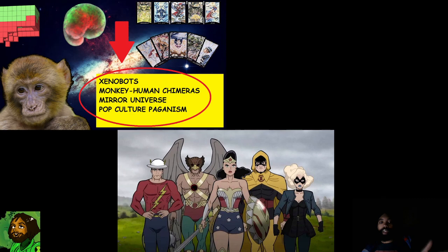Let's say our monkey-human chimera Flash analog is living inside of a lab that is connected to many different laboratories that practice different things. And maybe in a nearby laboratory, there is a particle beam that is being used to try and find evidence of a mirror universe. Now, this is actually a real experiment that's been going on in the real world, trying to find the existence of a so-called theoretical mirror universe, where they're trying to shoot a particle beam at what they call an impenetrable wall in order to try and find signs of mirror neutrons,